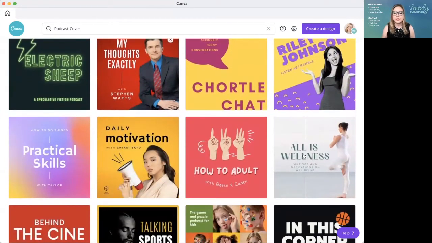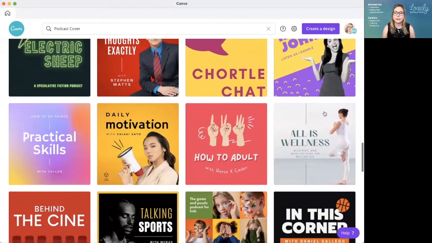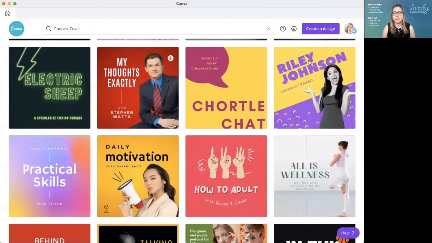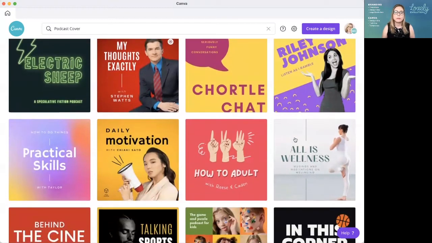So this wellness one, in a way, I feel isn't as strong. It's certainly calming, but because of the text there, it's much harder to read. It hasn't got that same boldness as, if you look above, you've got Riley Johnson here. That's quite bold text. You can see that it doesn't stand out as much. So bear that in mind, in the context of if it's in some sort of